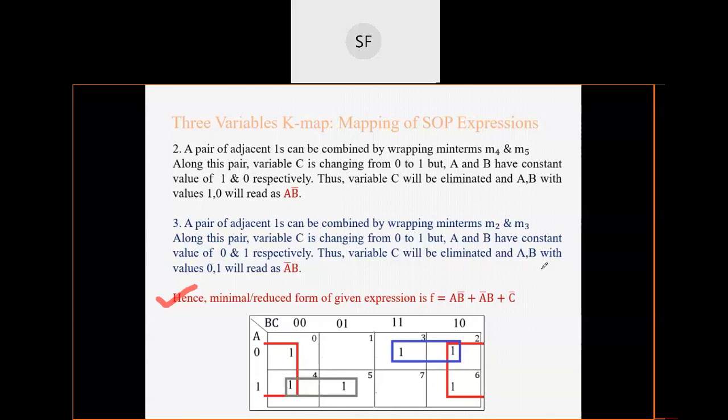So we have seen a couple of examples on the three variable K map, and again it is the SOP expression we have seen. In the next lecture we will see the POS expression. I will forward this PPT to you, and I request you all to kindly go through the two variable K map, POS form and SOP form. Because if you do not understand this concept, then, this is only three variable, four variable K map is also there, so we have to see that also.